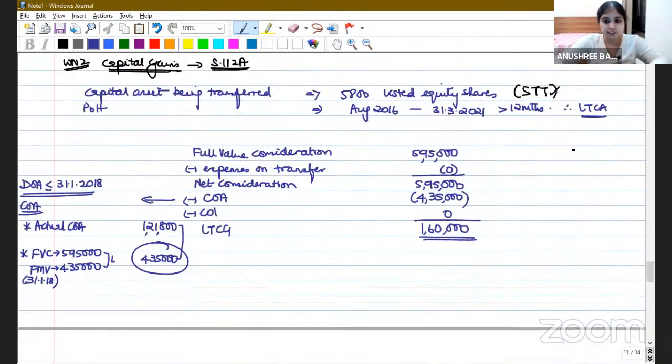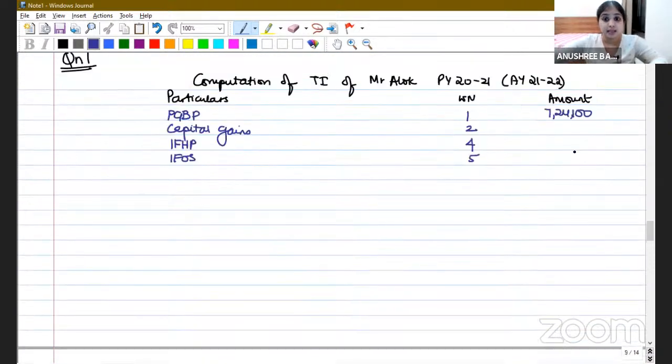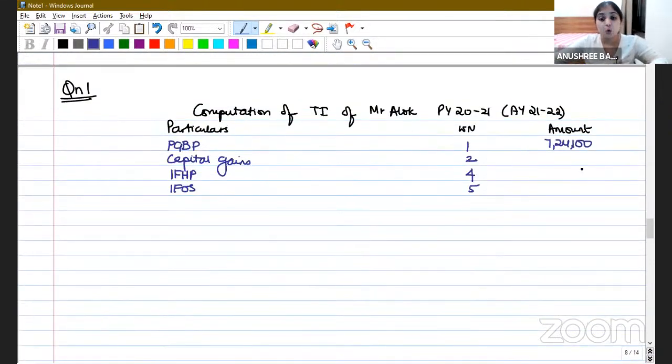Capital gains, we've already finished the calculation. It is 1,60,000. Yes, I know you might be thinking, why is she writing the entire 1,60,000? Up to 1 lakh, it is exempt. But in computation of total income, you take the entire amount. Only when you calculate tax liability, you will say 1 lakh exempt, beyond that excess taxable. With section 112A capital gains, up to 1 lakh it is exempt, and only the excess is taxable, but in the computation of total income you take the entire amount.